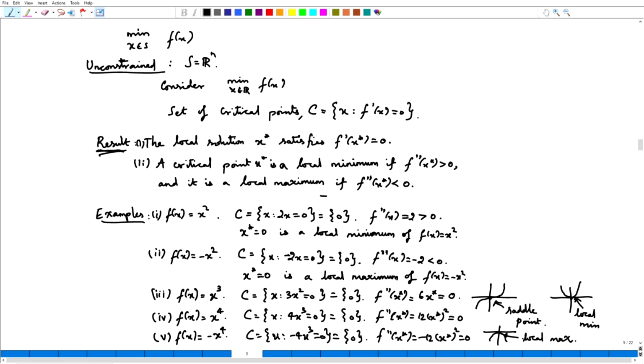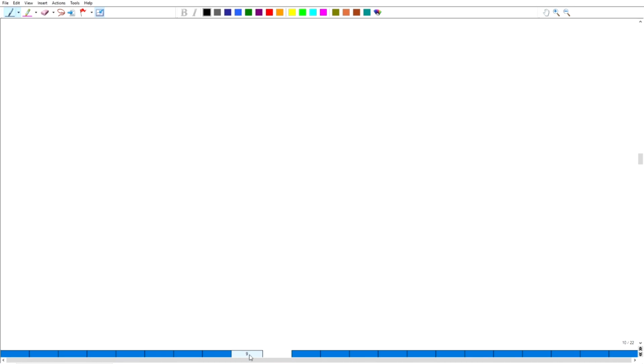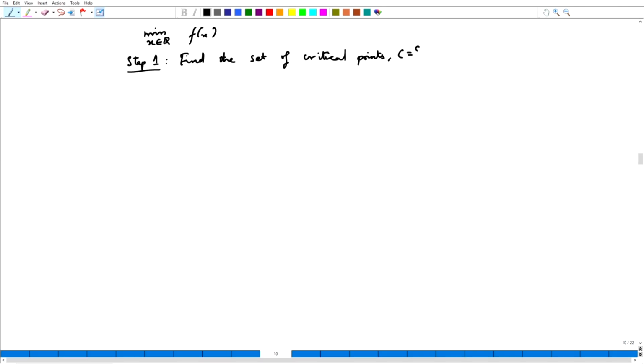Okay. So, what this tells us is that if you consider the problem min f of x subject to x in R. Okay. So, the first step is, if you want to find the local solution of this problem, you first find the set of critical points, which is x such that f dash of x equal to 0,